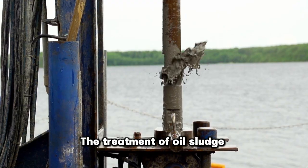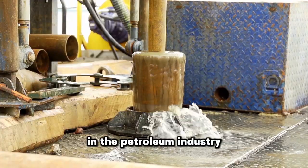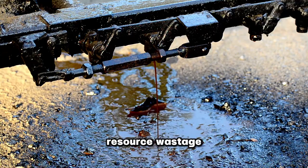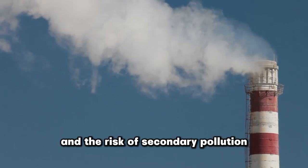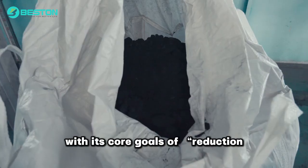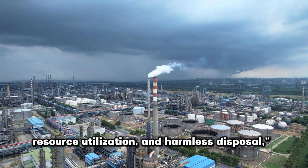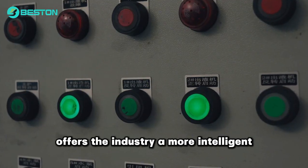The treatment of oil sludge has long been a significant environmental challenge in the petroleum industry. Traditional methods often suffer from inefficiency, resource wastage, and the risk of secondary pollution. Beston's pyrolysis technology, with its core goals of reduction, resource utilization, and harmless disposal, offers the industry a more intelligent